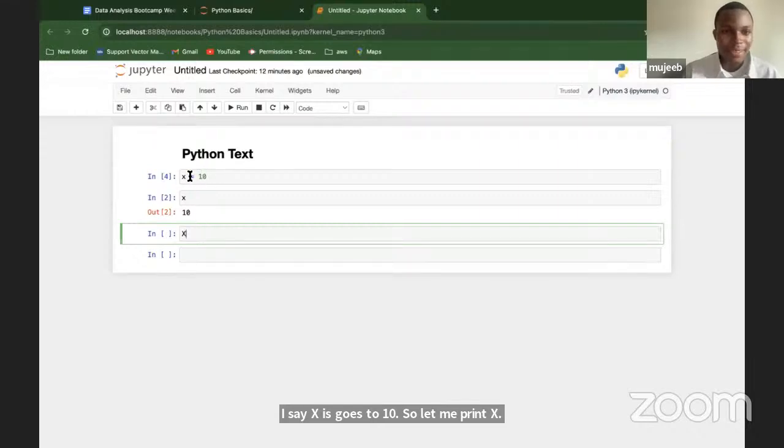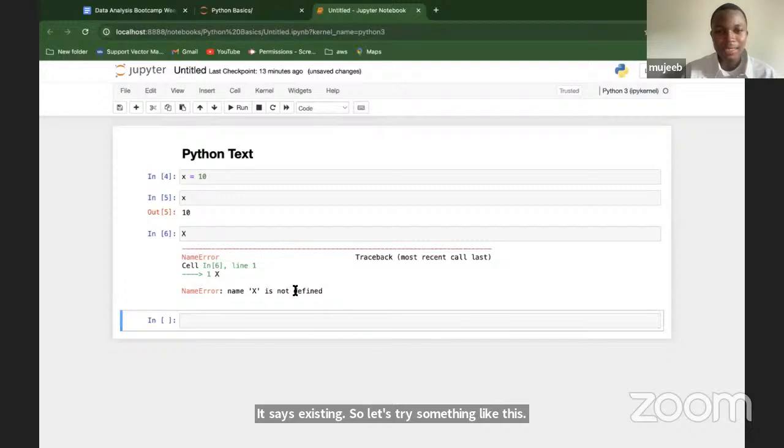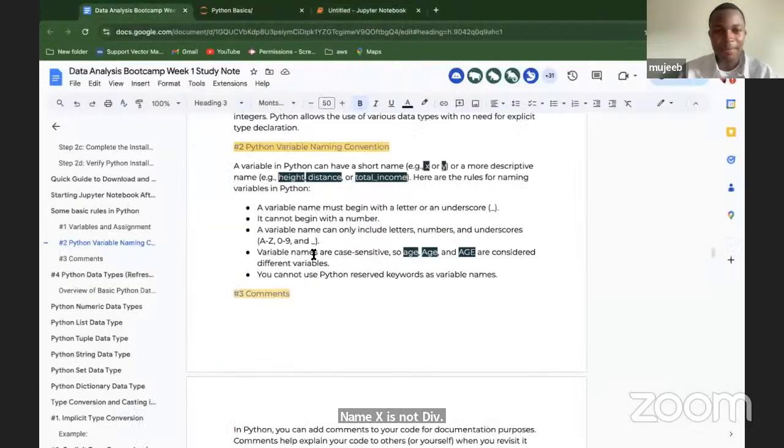So here, x equals to 10, right? And we print x. It says x is 10. So let's try something like this. Name x is not defined,